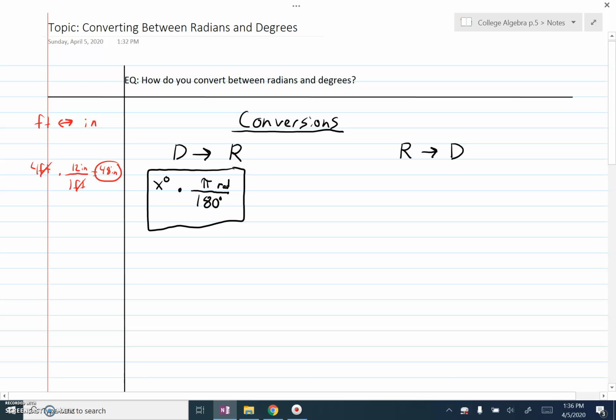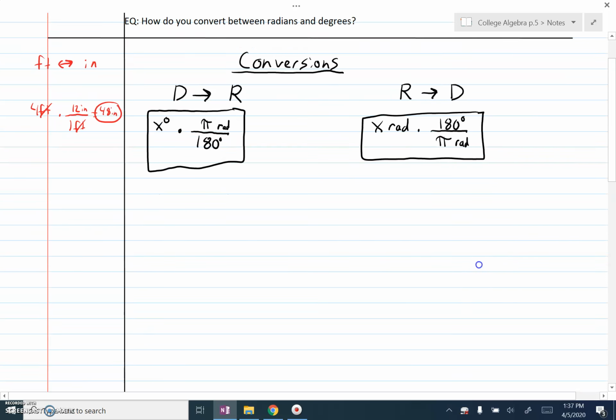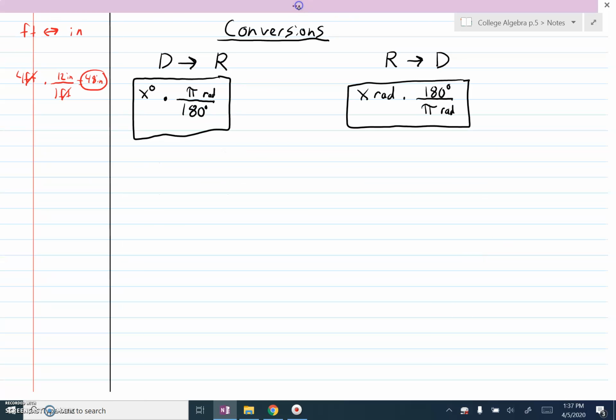When you're going from radians to degrees, you have X number of radians, whatever the number is, whatever the fraction is. You multiply it by a fraction where radians has to be the denominator to get them to cancel. The easiest conversion again is pi is the same thing as 180, so 180 is degrees, and pi is radians. Again, the radians would cancel, and you'd be left with degrees. So those are the 2 different conversion factors we're going to use. As long as you have the 2 conversion factors, it should be pretty straightforward. So let's look at